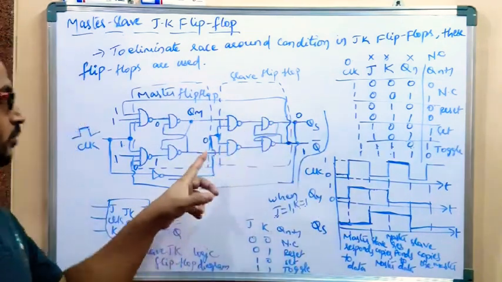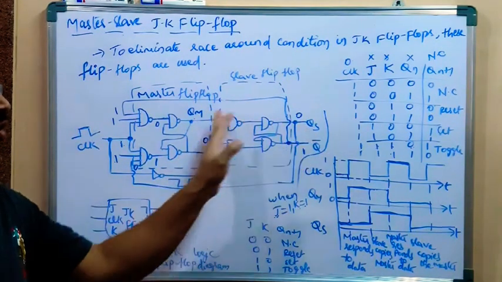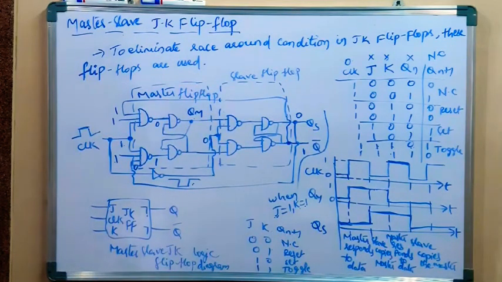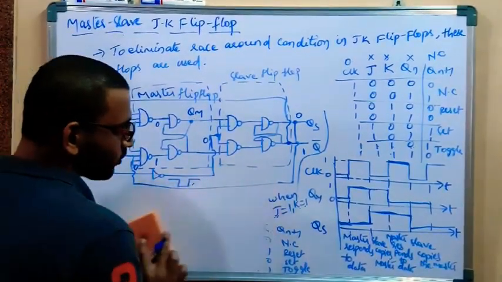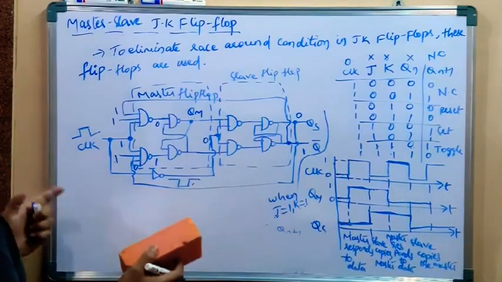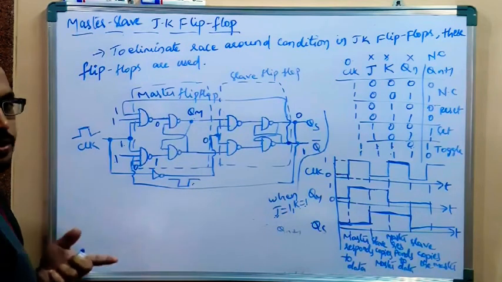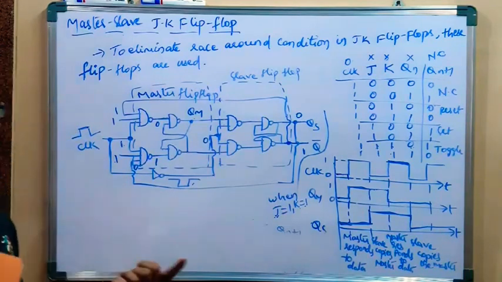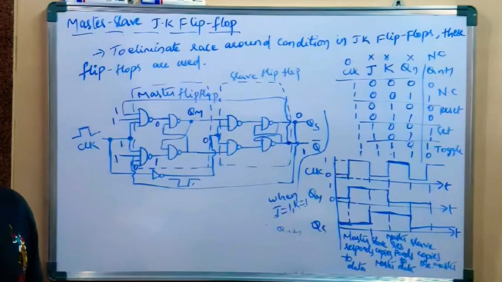So here, to draw the output, the master is first, so that the slave copies the master as it is, right? So for your practice, in this fashion you can also draw master slave SR flip flop, master slave D flip flop, master slave T flip flop. For master slave SR flip flop, whatever the previous truth table is, you will get the same truth table. It has one invalid state, and you get the invalid state as it is.